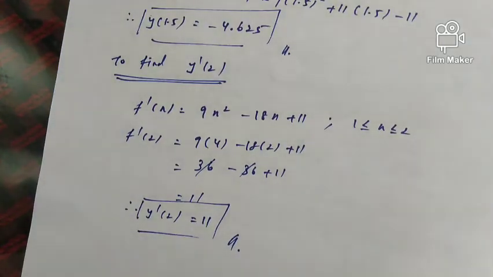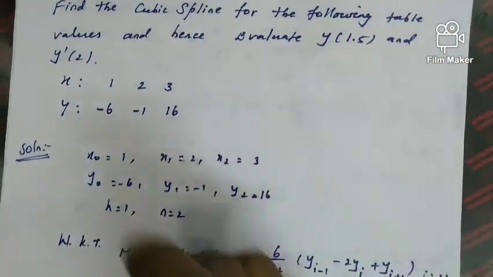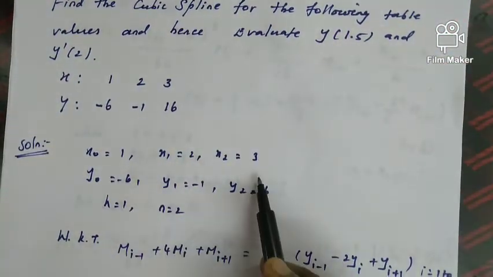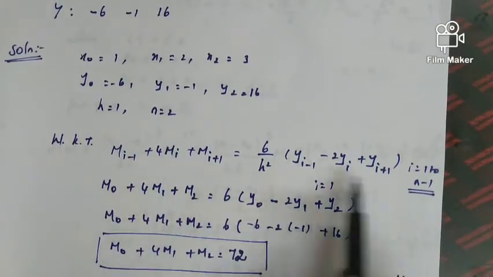Okay, so this is the way we have to do the problem under cubic spline. The problem is a lengthy one, but still with a little bit of effort we can complete the problem correctly. Okay, so once again I will repeat the question. Look at this. The overall view of the problem is to find the cubic spline, and the data will be given.